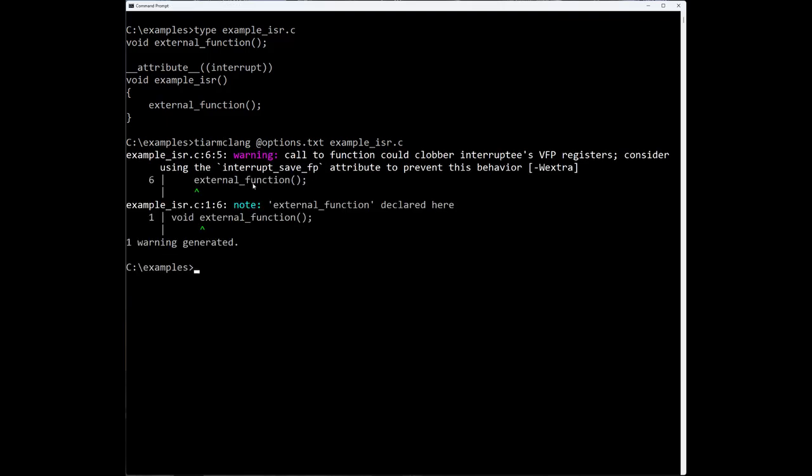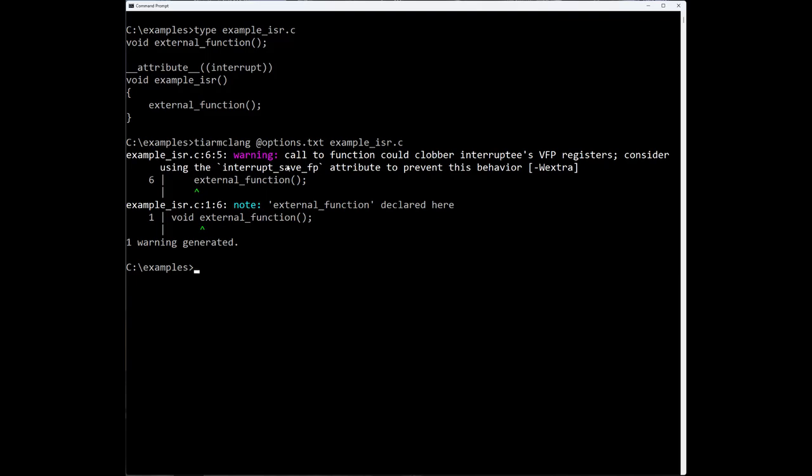Notice a diagnostic comes out. The compiler issues this warning diagnostic about calling a function could clobber, meaning overwrite or change, the floating point registers that are in the system, and you should consider changing this function attribute to interrupt save FP, which is what this video is about.